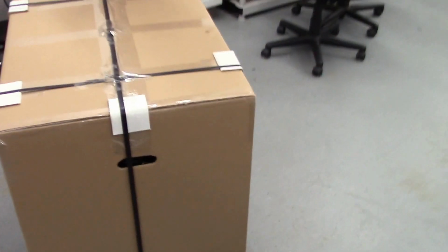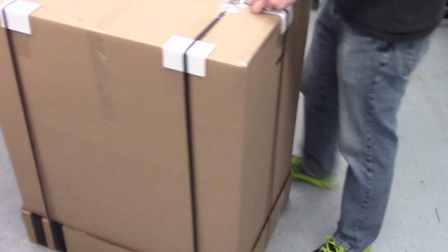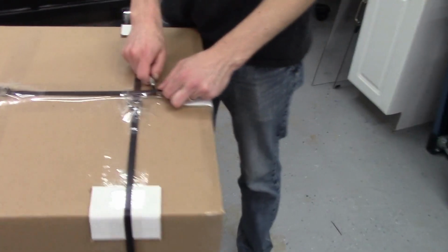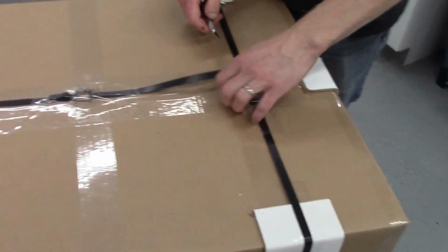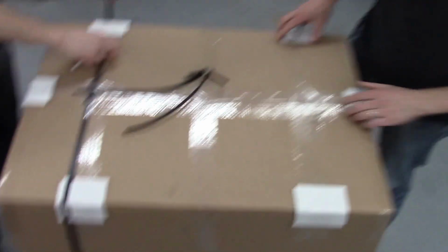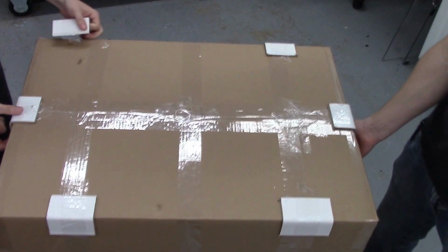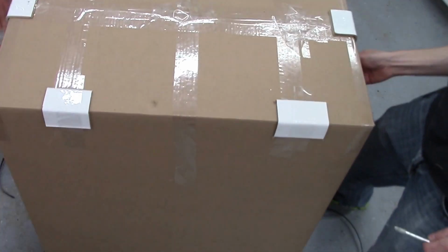Alright, you're live. This is how to unbox your new System 30M from Hyrel 3D. See the new packaging? We have a box tray combination that's strapped together. So the first thing you want to do is cut the straps. Once the straps come off, you can just lift the cardboard box right off the